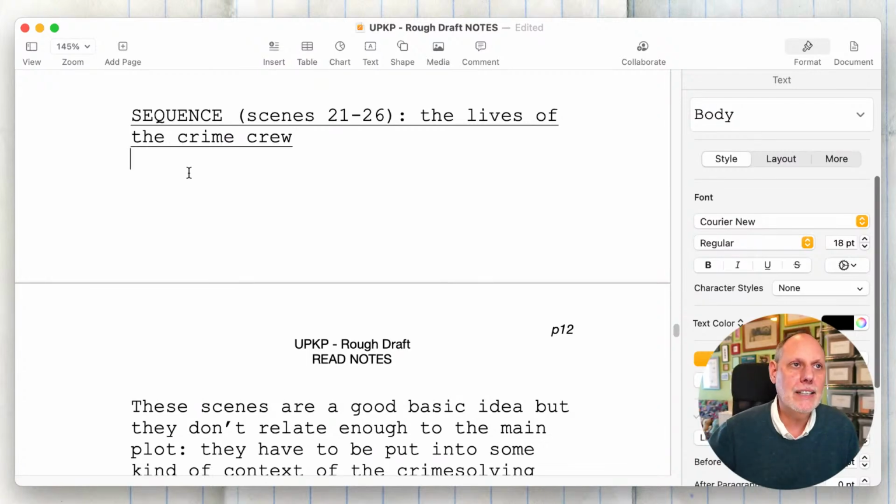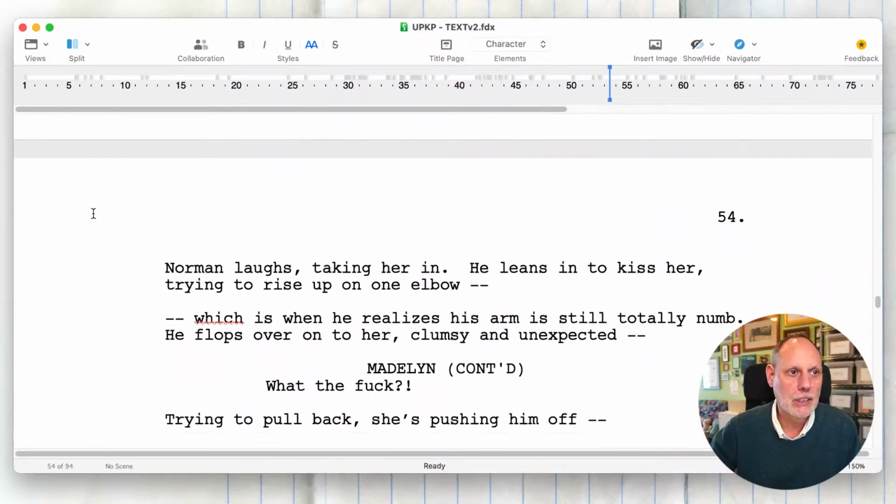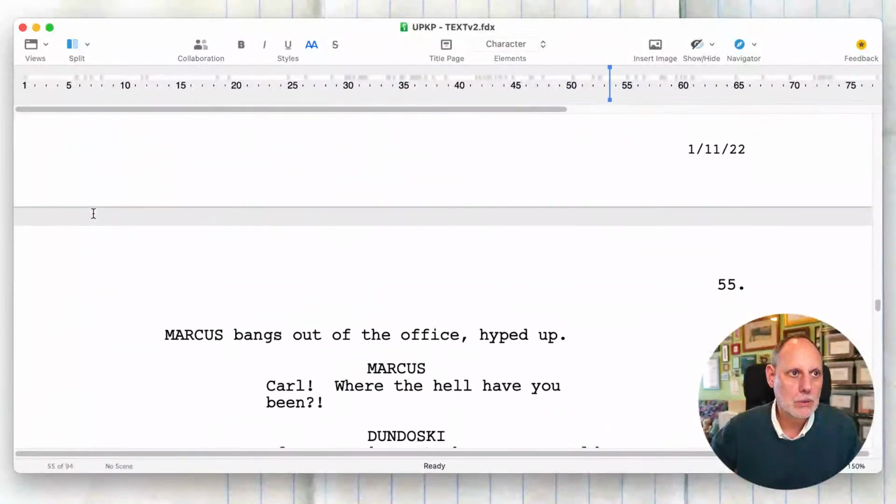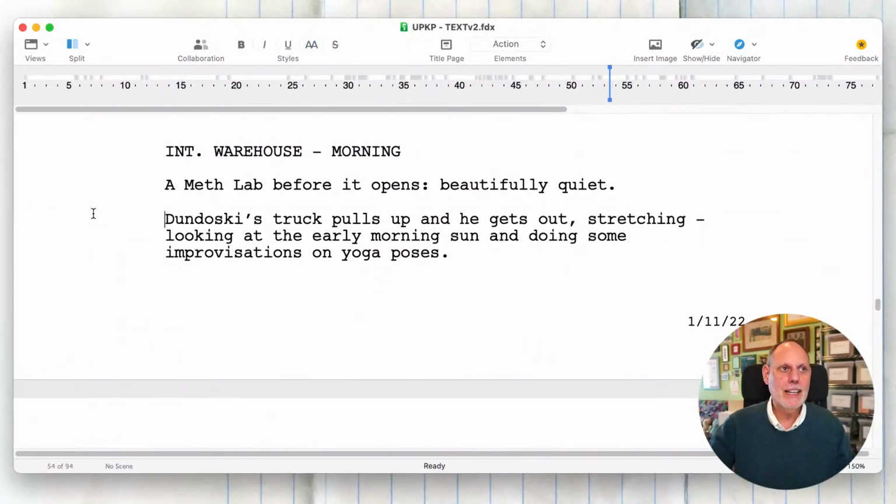Okay, the next scene is actually a sequence of scenes. The next scene is actually 6 scenes intercutting the different group members in their lives, and it's not working yet.